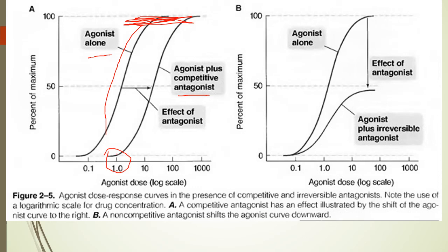If you have a non-competitive antagonist, that is basically an irreversible antagonist. Here, at a given concentration, the response is this. But at the same concentration, if there is the presence of that irreversible antagonist, you are not going to have the similar response that you have in this picture. So here the response is decreased in the presence of that irreversible antagonist, and the reason is basically that it forms a structural change in the receptor site.